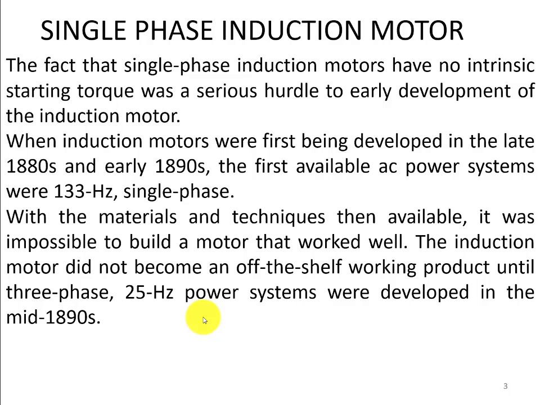electricity was first produced as AC single phase in the 1880s and early 1890s. So that was at 133 hertz single phase. With the materials and techniques available at that time, it was not possible to build an induction motor that could properly work. So the induction motor was not very popular until the three-phase 25 hertz power system was developed